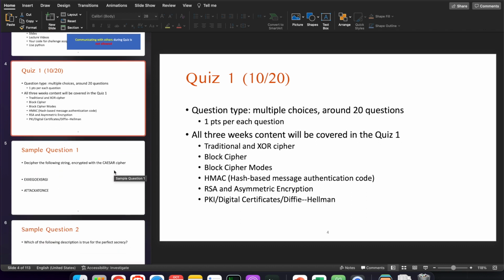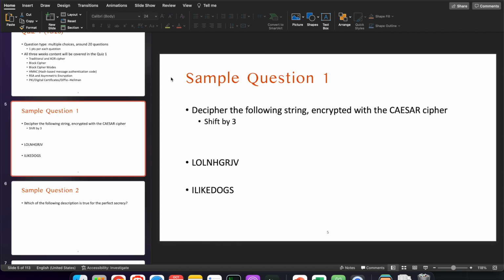And from now, I will introduce what kind of questions will be on the quiz. The sample questions are very similar to the questions that you will see in the quiz on Canvas. And let's start. Let's take a look at sample questions. I will either describe how you can solve this kind of sample question, like this one, so I will do that.